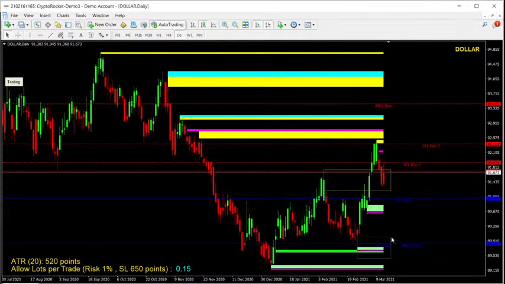Let's get right into it. Let's start off with the dollar as we always do. And we have, looks like, some distribution going on here. We got this long wick on the top. This is a daily chart of the dollar. And this buying spree over the past